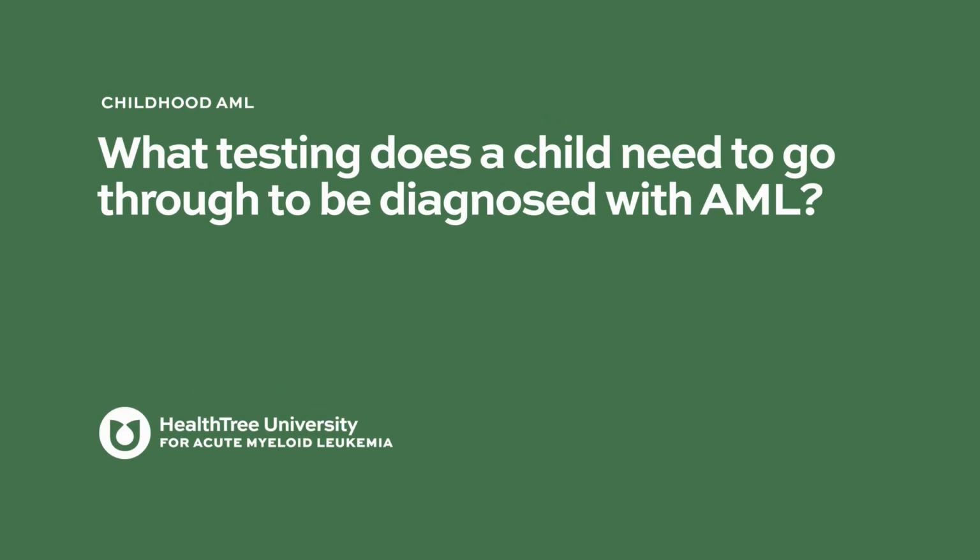What testing does a child need to go through to be diagnosed with AML? If a child presents to an emergency room or an urgent care or their primary care's office and a CBC or other lab tests are drawn because the kid is feeling tired or has signs of low platelets, you can generally detect that there is something very wrong and that child should be referred to a place that takes care